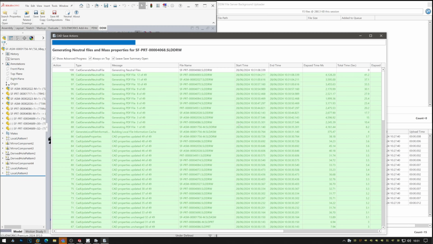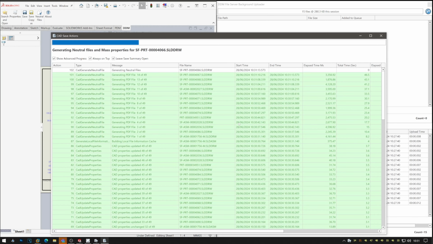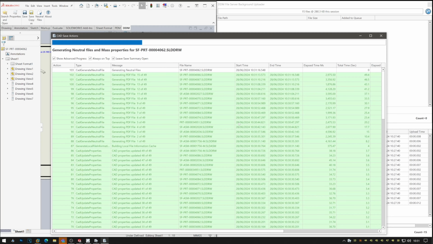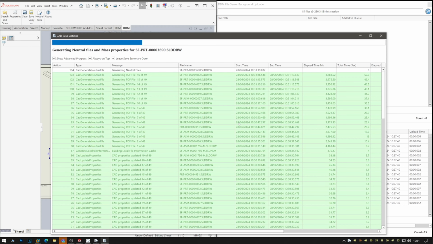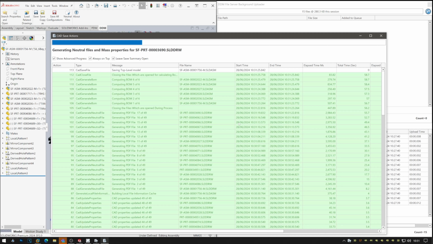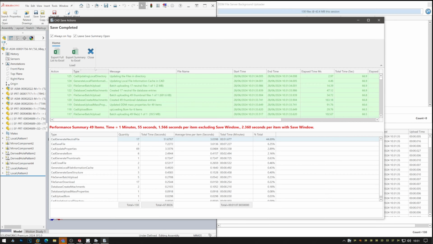Every single PDF, we're generating 49 PDF files. Of course, in the current version of the DDM SolidWorks interface, you would have to wait for all of those files to be sent back to the server when the save has been completed. However, what we now have, updating the BOMs, and the whole save did it in 1 minute 55